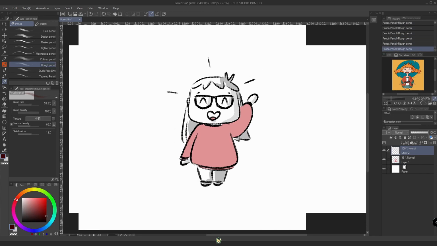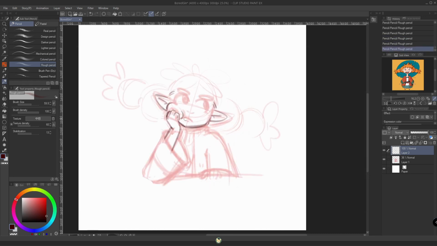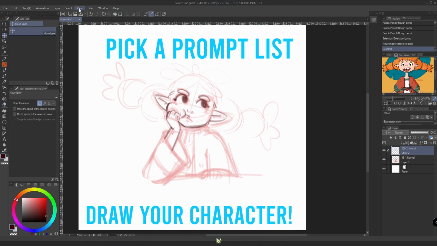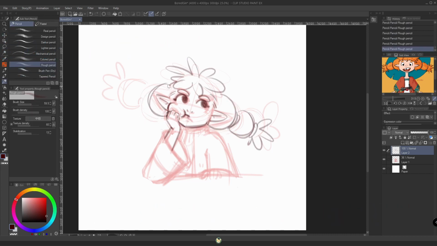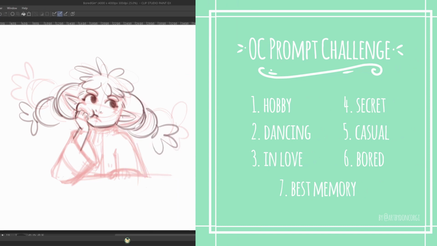Now for this video I want to show you a fun challenge for you to draw your characters consistently. A good idea is to pick up a prompt list and draw your character using those prompts. So for that I created this original character prompt list. It's just 7 prompts, so the idea is that you draw 1 prompt a day for 7 days straight, and hopefully with that you'll get more used to drawing your character and it will be easier for you to draw them